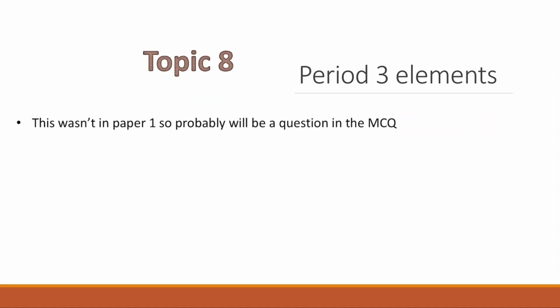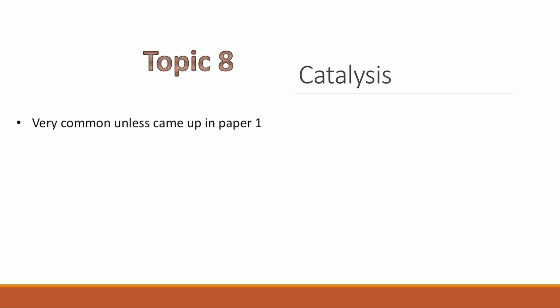Group 3 elements. This wasn't in paper 1 this year, so there is a potential question in paper 3, especially in the multiple choice questions. Catalysis, it's quite common unless it came in paper 1. I think this year there was nothing about catalysis, so there is a very good possibility that it might be in paper 3 this year. So make sure that you revise everything about catalysis,